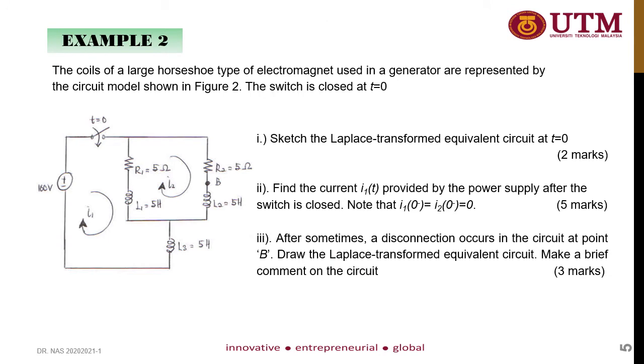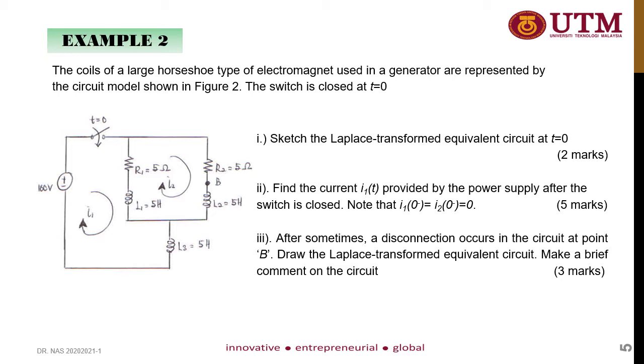Okay, let's look at the second example. Given the coils of a large horseshoe-type electromagnet used in a generator are represented by the circuit model shown in figure 2, and the switch is closed at t equal to 0. So you need to sketch the Laplace transform equivalent circuit at t equal to 0, meaning that when t is